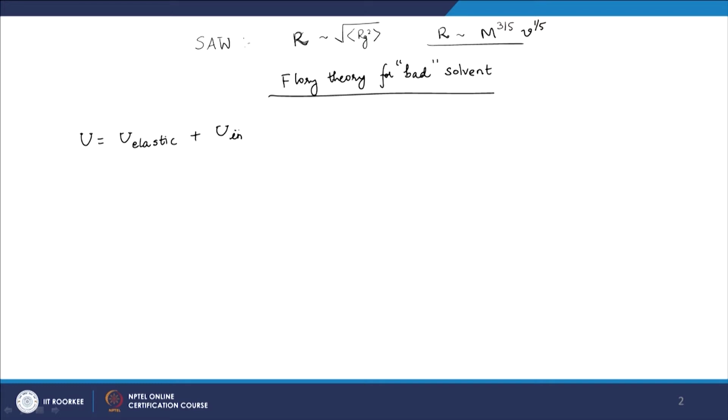We can add the elastic energy and interaction energy, but now in the interaction energy term, if you recall from what we derived in the virial expansion, we had powers of concentration starting from second power,